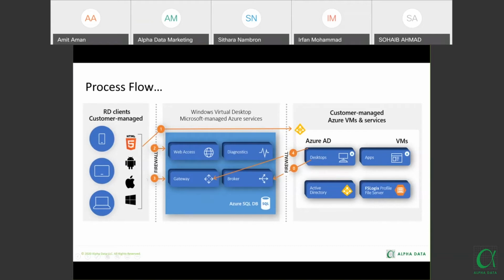The third step is the end user who is going to use Windows Virtual Desktop. He selects the resource in the remote desktop client and connects to the gateway. The fourth step, once authentication has happened, is the cloud broker orchestrates the connection from the host agent to the gateway. The connection is established, and then finally the RDP client flows between the remote desktop client and the session host virtual machine over connections 3 and 4.